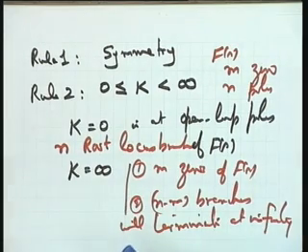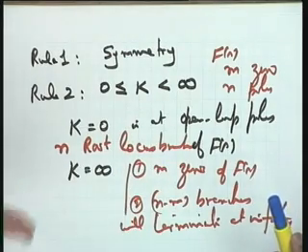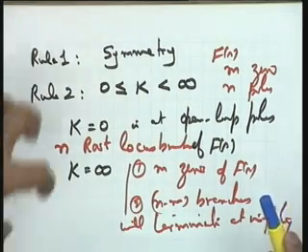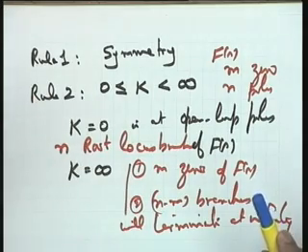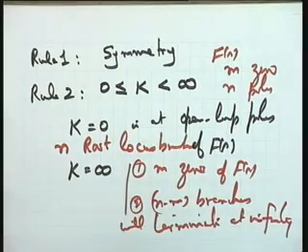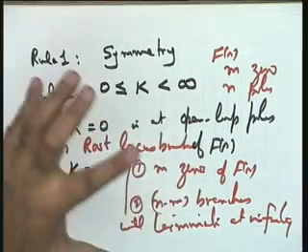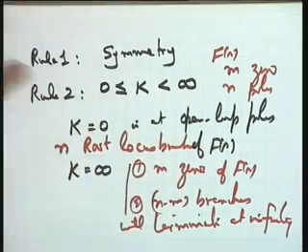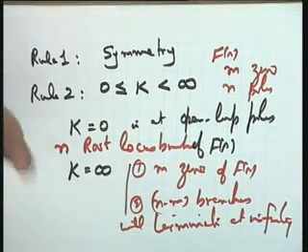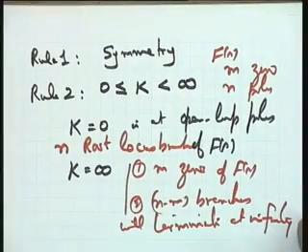Look at your text or bring your questions to the tutorial class. I repeat here, there are a total of n root locus branches. The starting points of the n root locus branches are the open loop poles of the function F(s), and the starting value of gain k is equal to 0. The terminal points of the n root locus branches are the m zeros of F(s) and n minus m infinity points in the s plane. Where are those infinity points? What are the directions of those infinity points? We will see. But these are the n minus m infinity points which we are going to consider. Okay? This is rule 2.